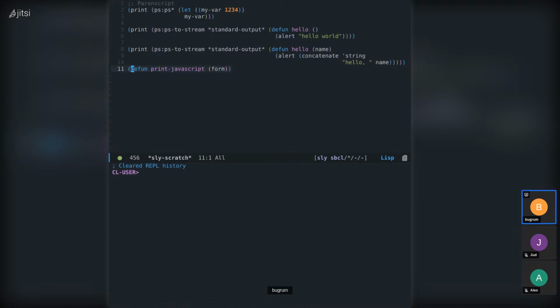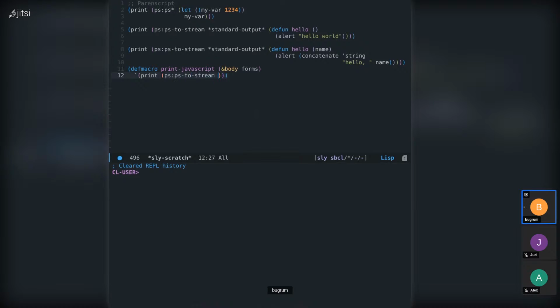Actually, let's make that into a macro with body forms. Okay, actually, we may want all of these in the same set of forms, but that's okay. That should be fine. So I won't need to splice it, and we could then just do this, print